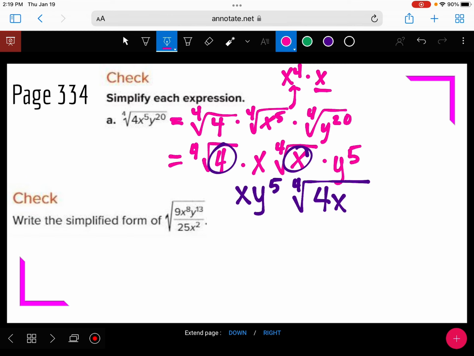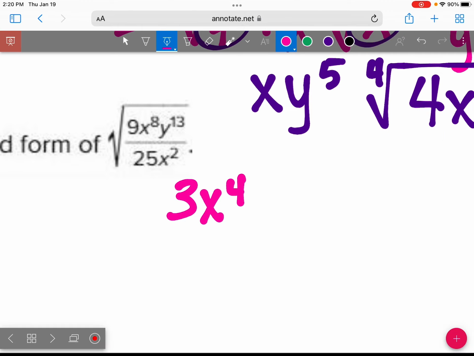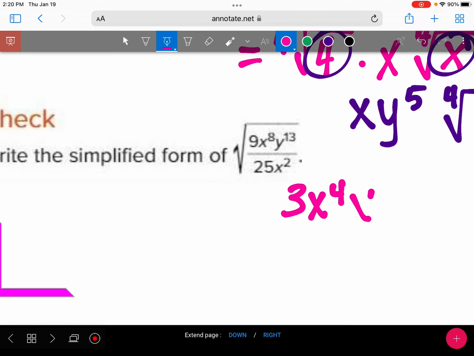What's the square root of 9? 3. So, we could go through this again, and you could separate just like we did up here, if you wanted to. But just because we're running out of time, the square root of 9 is 3. And then what's the square root of x to the 8th? X to the 4th. All right, and then what's the square root of y to the 13th? Y to the 6th